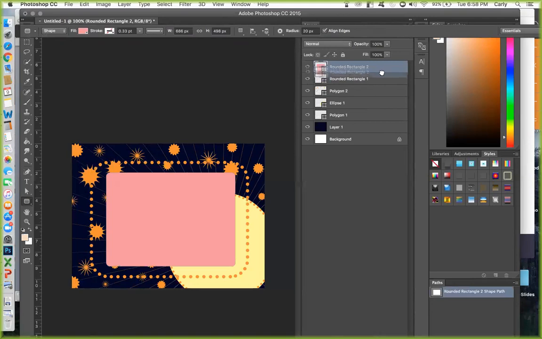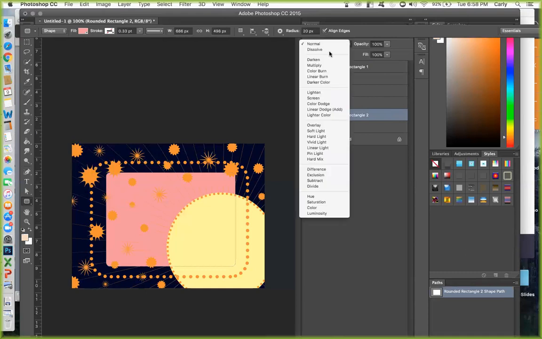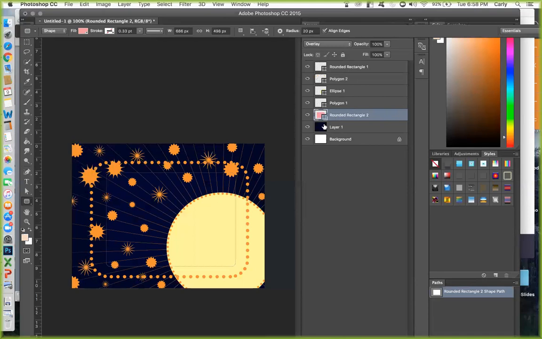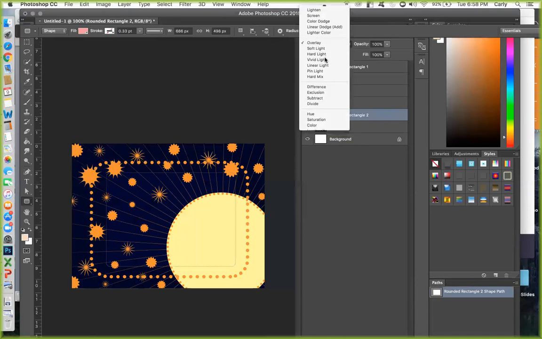So I can drag my pink rounded rectangle behind everything else, like that. And I can also adjust something called blending modes. So right now, my blending mode is set to normal. But watch what would happen if you set it to overlay, right? It kind of brightens everything. Or if you set it to hard light,